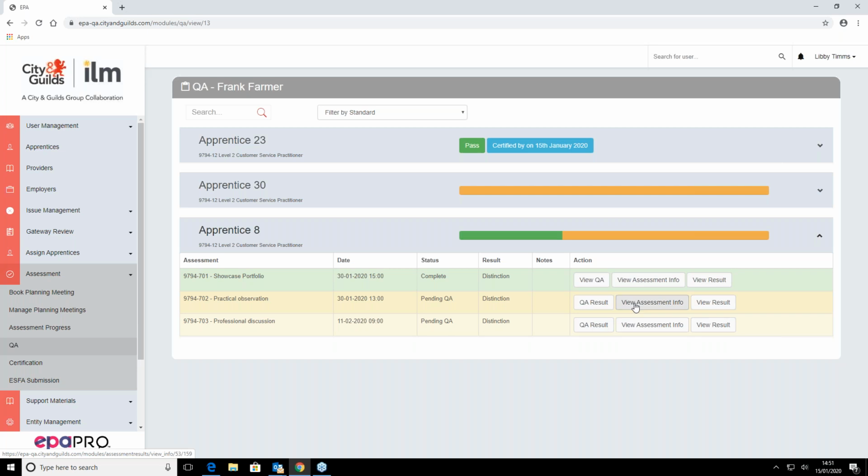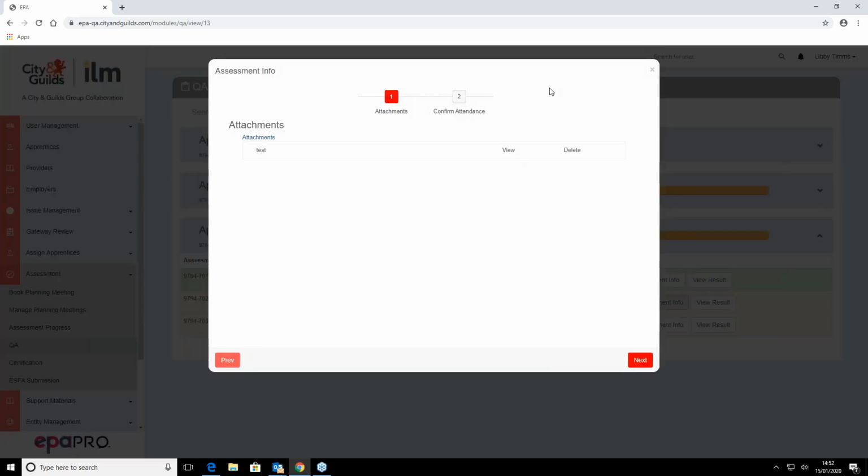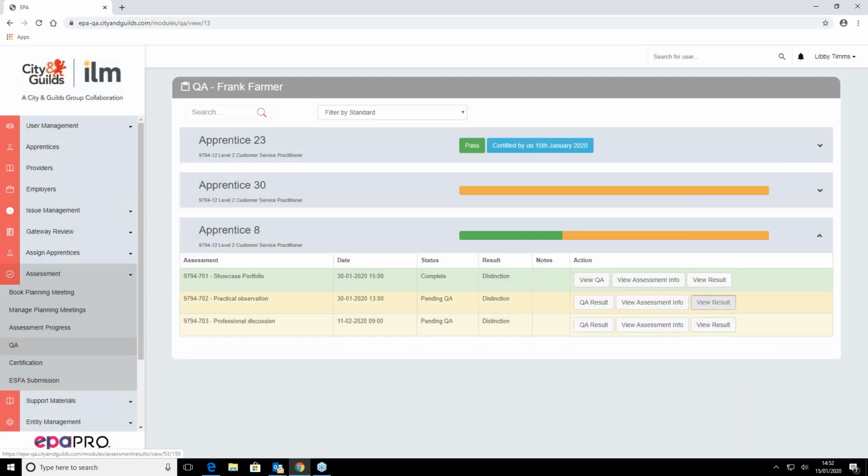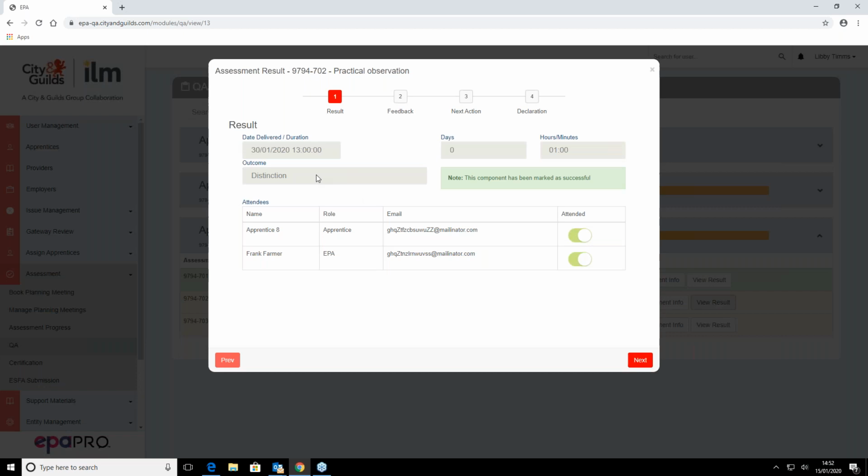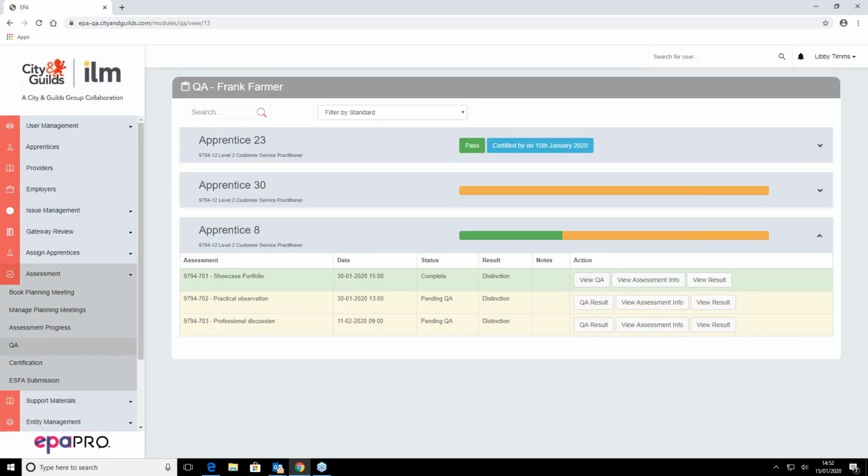Okay, so view assessment info, we would view. By clicking on the view, it would download. You would view the results. You might look at something in SharePoint, they see the results, and they think, that's not a distinction, that is a pass. Now remember, at that point,